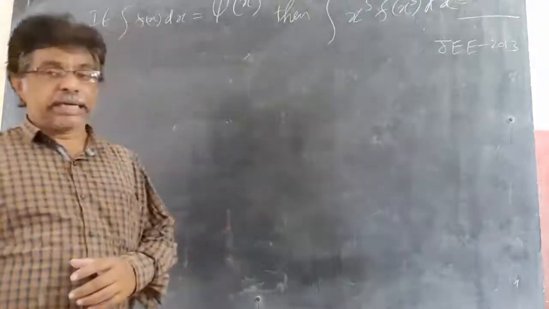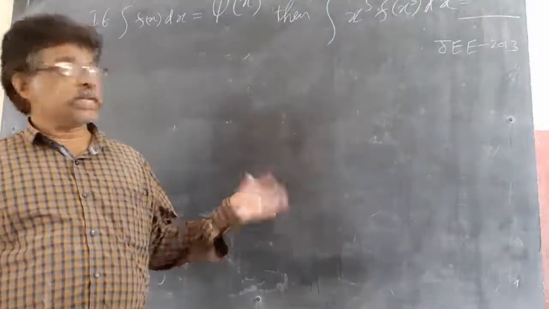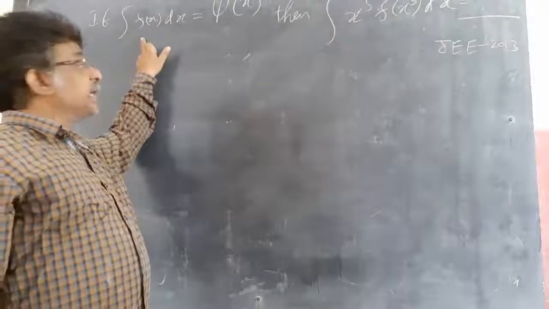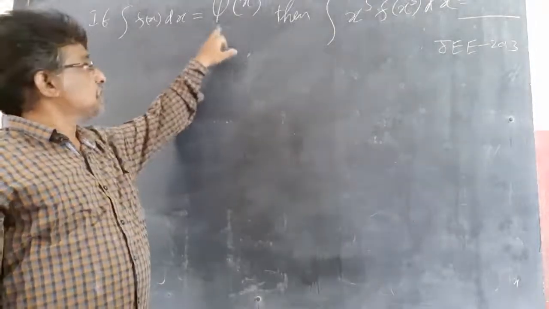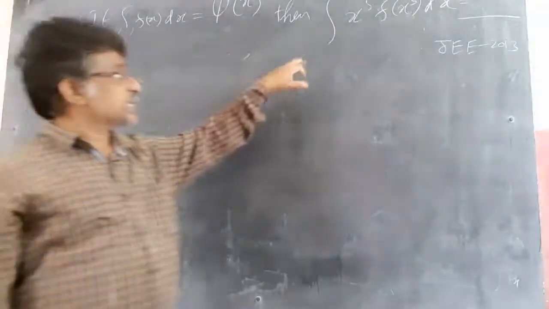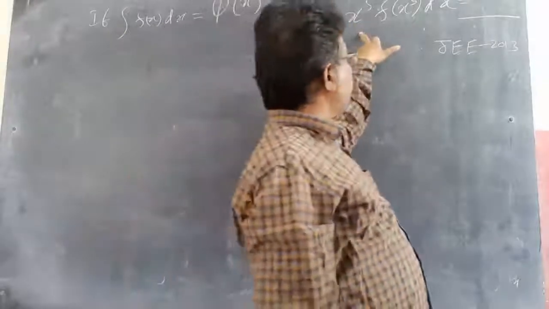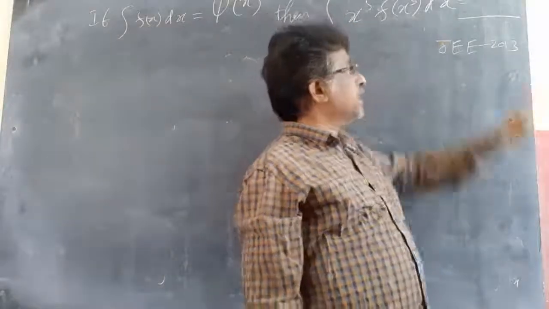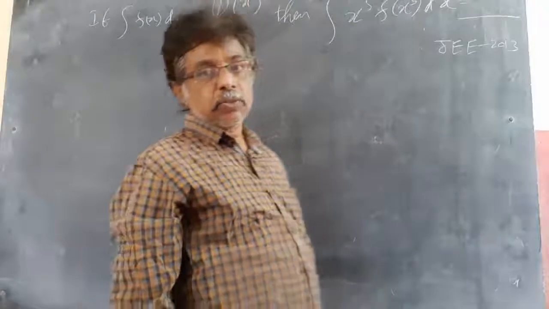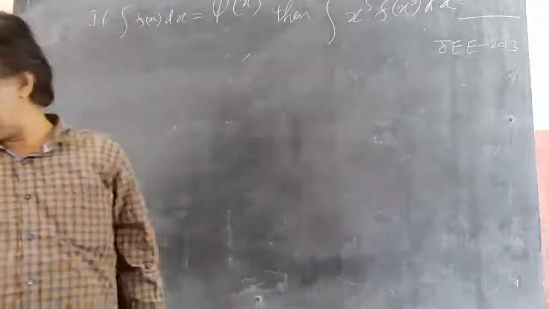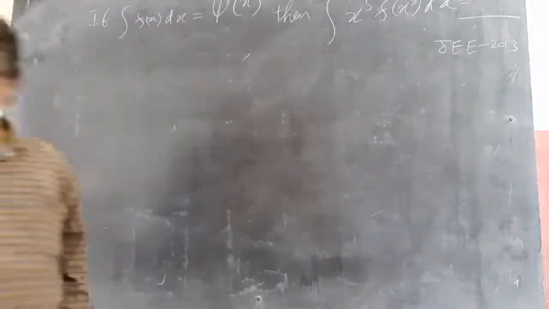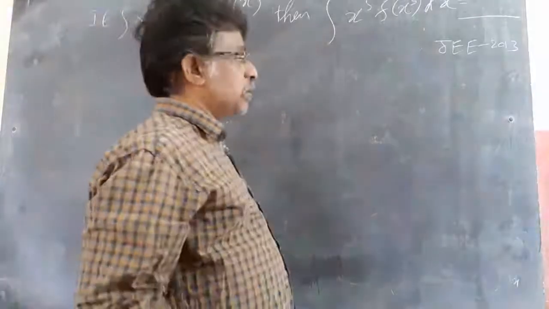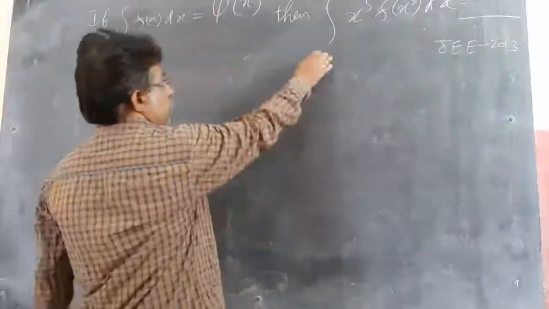Now 2013, we did 2015, 16, 14. Now 13 something. The integral of f of x dx equal to psi of x is given. Then it is asking for the integral of x power 5 into f of x cube dx equal to dash. He is giving options in terms of phi of x. Okay, very simple. We will take this first.